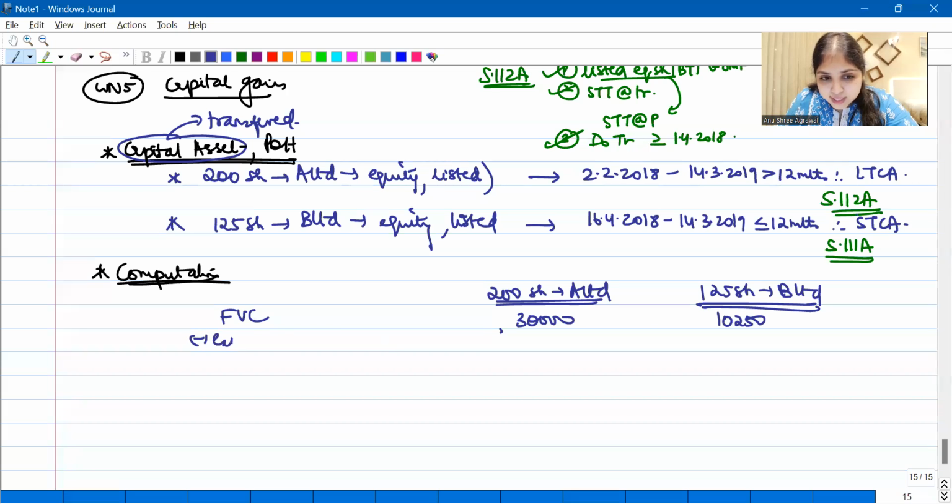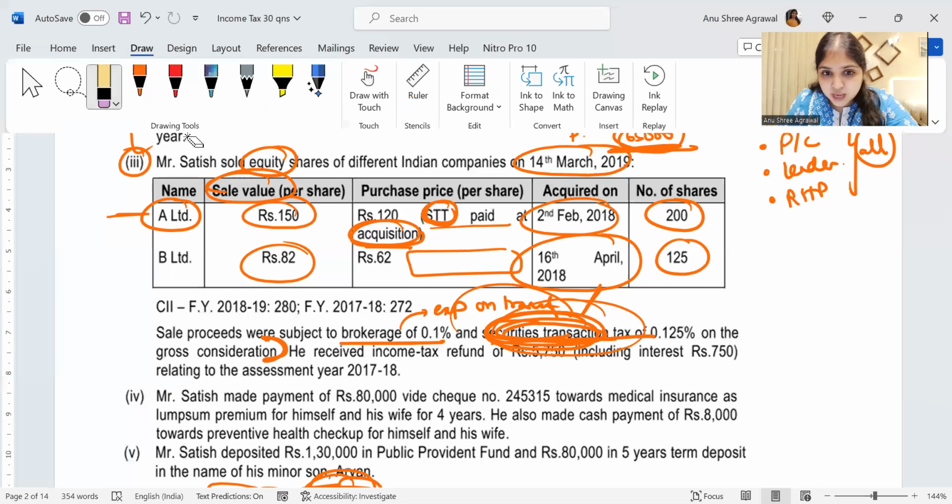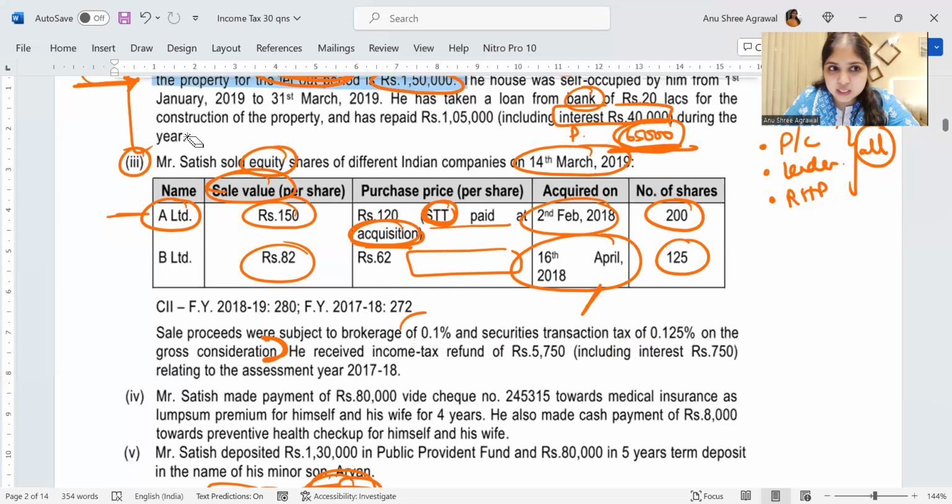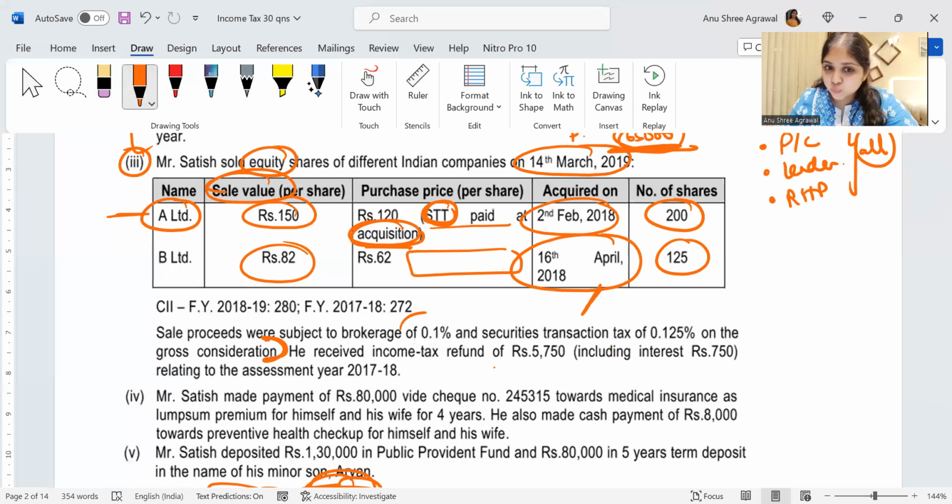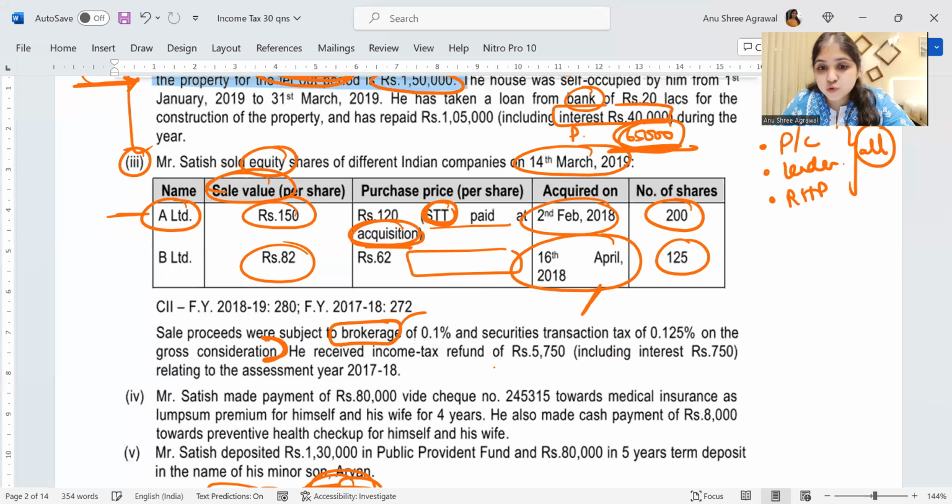From this, we subtract expenses on transfer. Now tell me, how many expenses on transfer do we have? We have brokerage and we have STT. How many expenses on transfer do we have? 1 or 2? We have only one. Securities transaction tax, can we call it as an expense on transfer? No. In the whole of Income Tax Act, we can subtract STT only in one place, and that is in